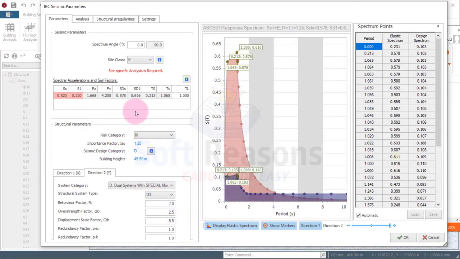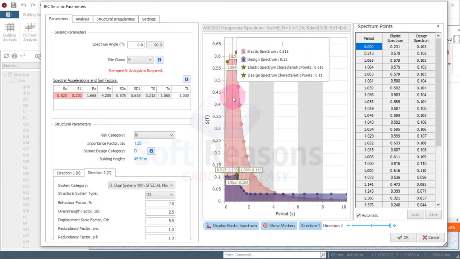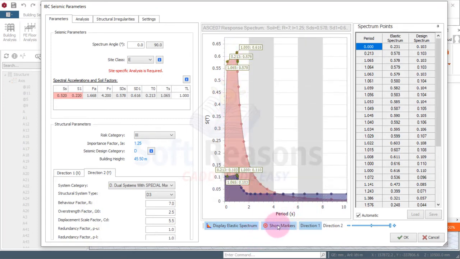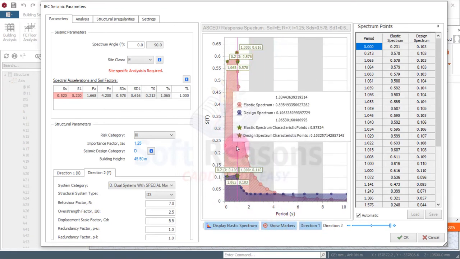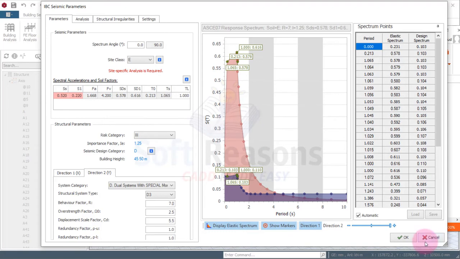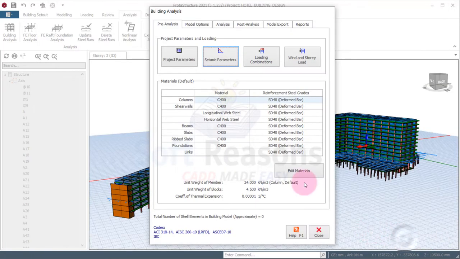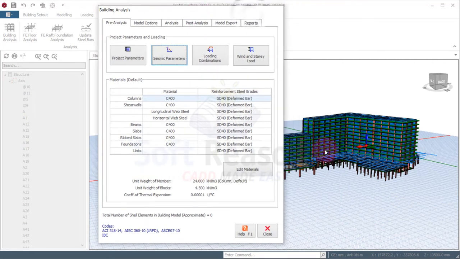Once you are making the selections, you can also observe the changes in the graph, the display elastic spectrum graph right here. You can actually observe the movement of the graph, after which you just have to click on the OK options. Once you OK that, it simply means the loads have been applied successfully on the